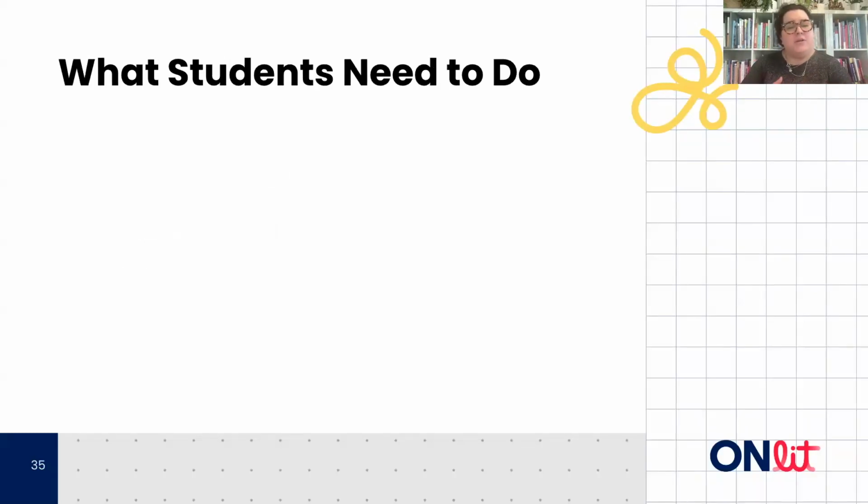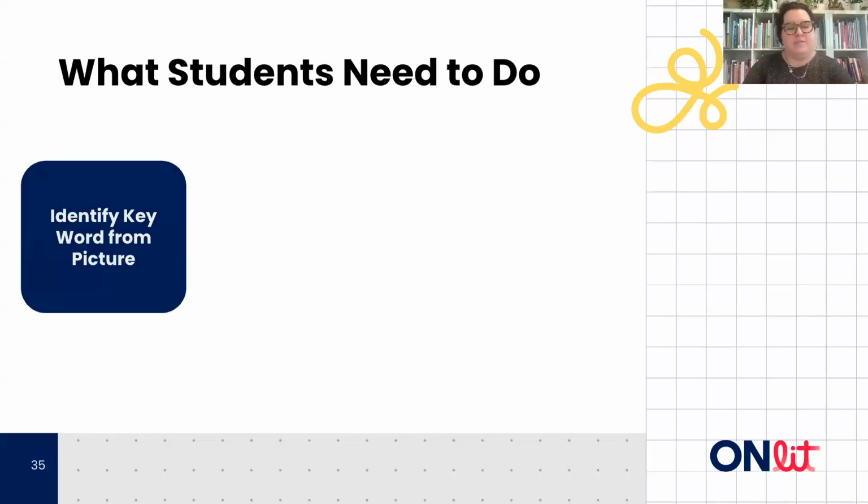So in order to make these mnemonics really well, which was what we wanted to do, we really needed to take a step back and think, what is it that students actually need to do, right? We know it's an effective practice when they're used, but what is it that students need to be able to do to be able to use that to support their learning?